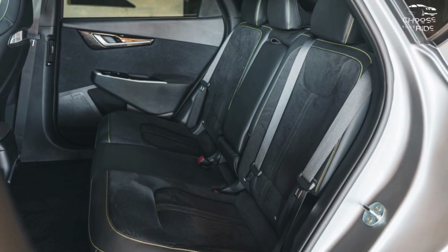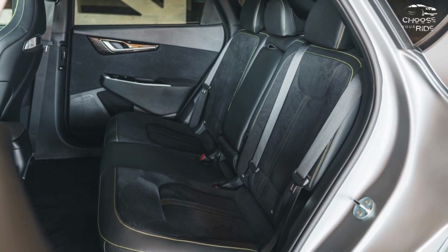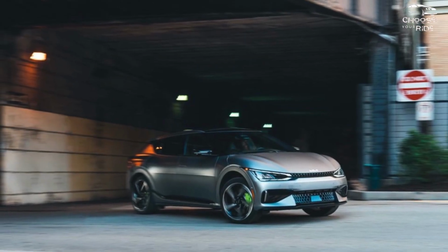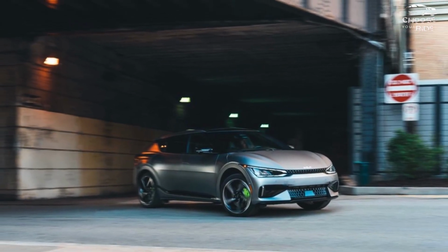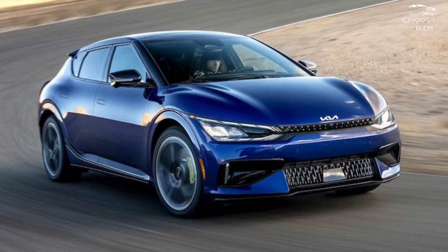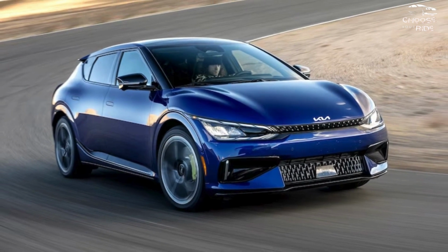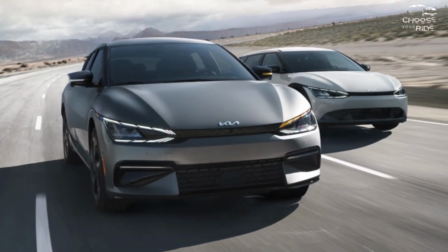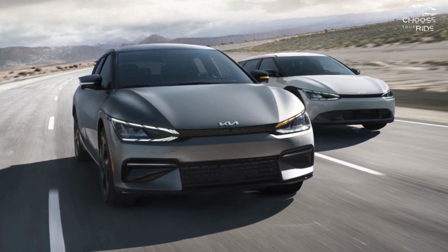Kia maximizes the passenger area of the 2024 EV6. The Kia EV6 may not appear very spacious from the outside, with a design that leans more toward sport wagon than crossover, but the interior is surprisingly roomy. We give this an 8 because of the peaceful design of the cabin, plus 1 point each for passenger and